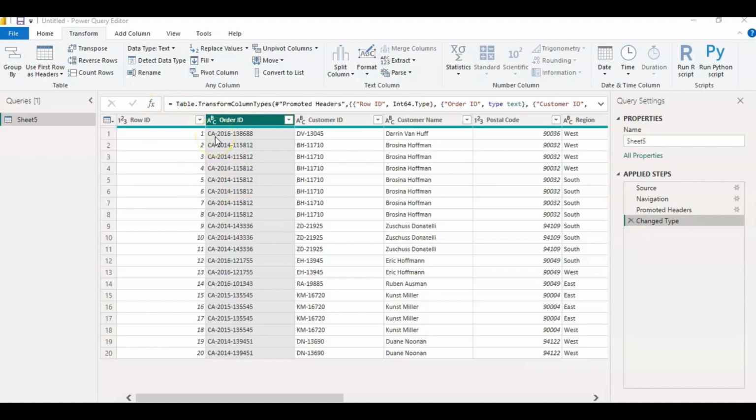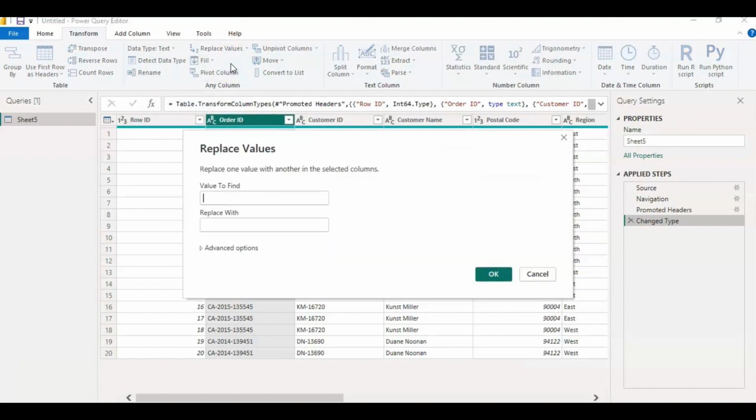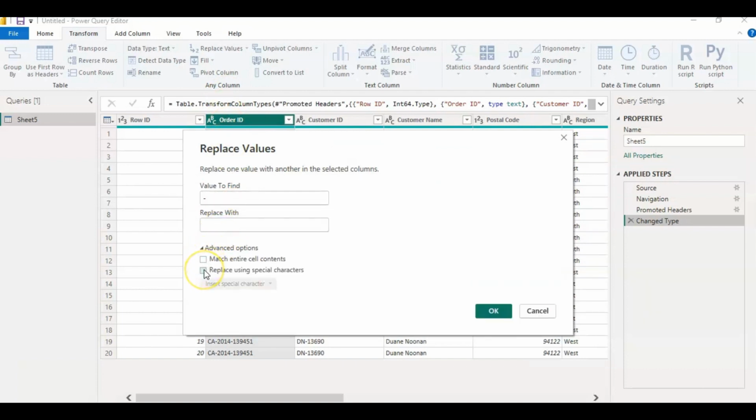Suppose I want to replace these hyphens in the order ID column with a tab. For that, select the column, then go to replace values, then replace values, value to find hyphen, and replace with, go to this advanced option, then replace using special character. I want to replace with tab. Here you will get one more option, that is match entire cell content. Here I am not going to match the entire cell. So I am not selecting this option. Then click OK,